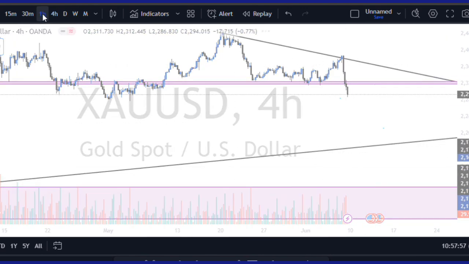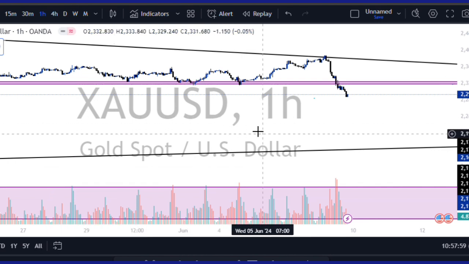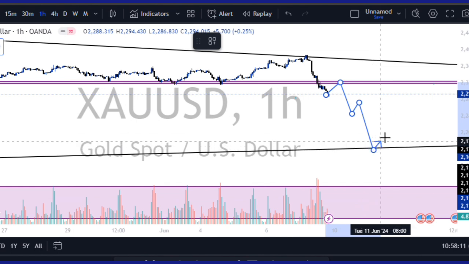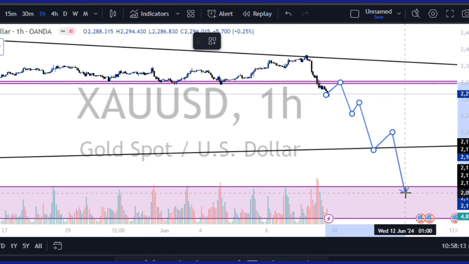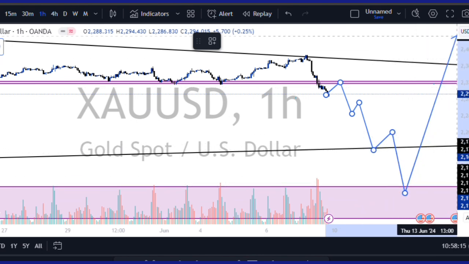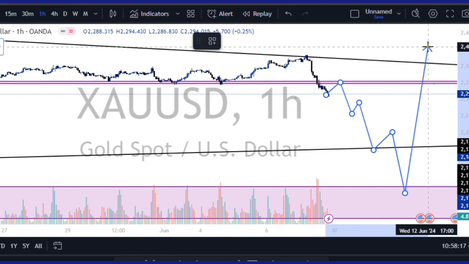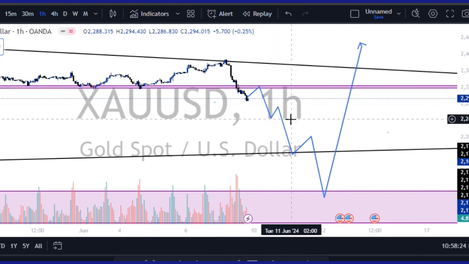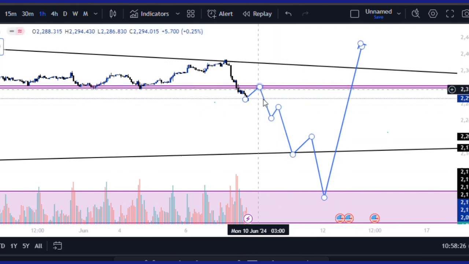Let me go to a 1 hour time frame. So the direction of gold here is that it will push from here, then do something like this. Of course, it's approaching this zone, then push up. This is what I'm expecting gold to do. It will come here, then